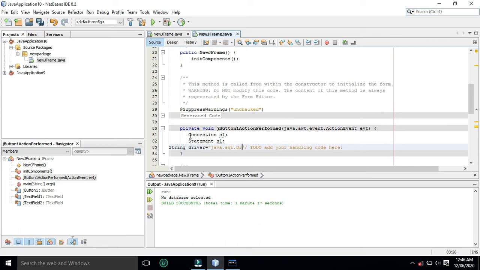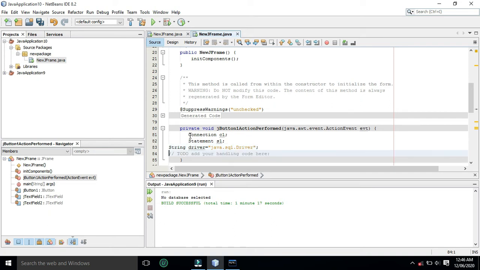Now we will write the query, insert query. Insert into employee values.